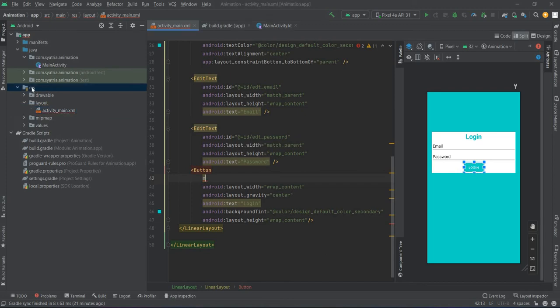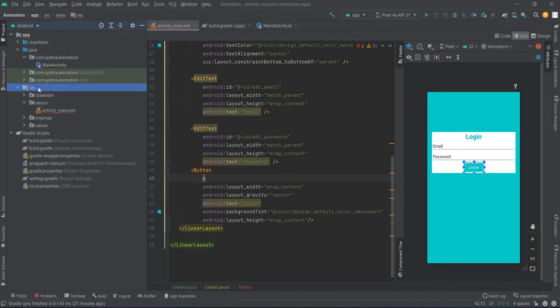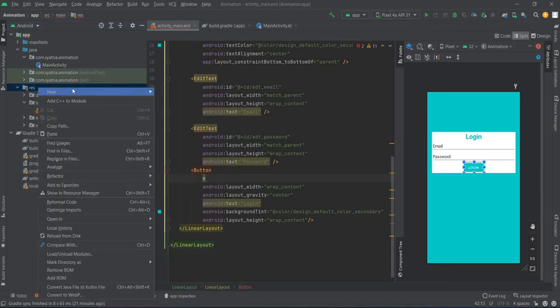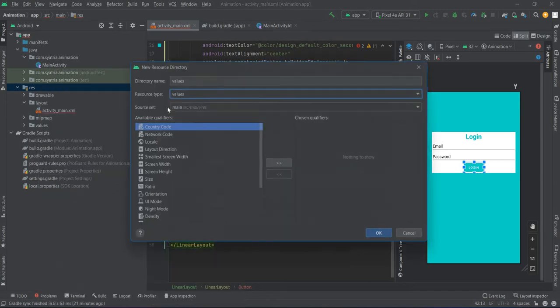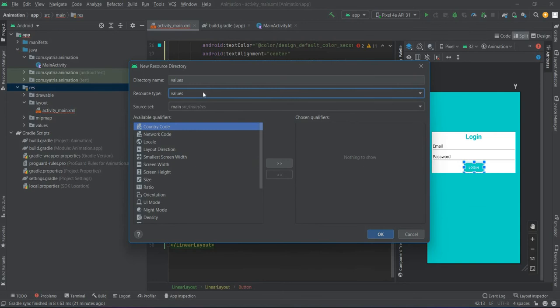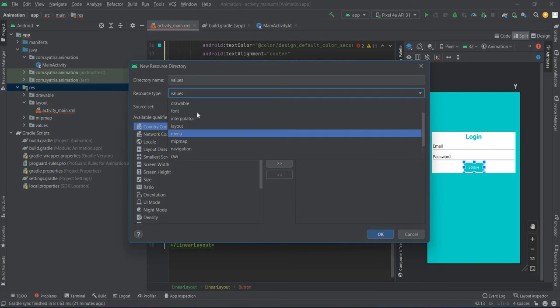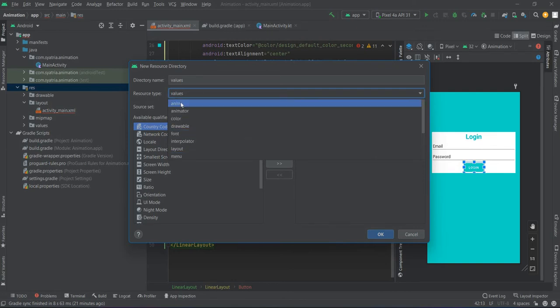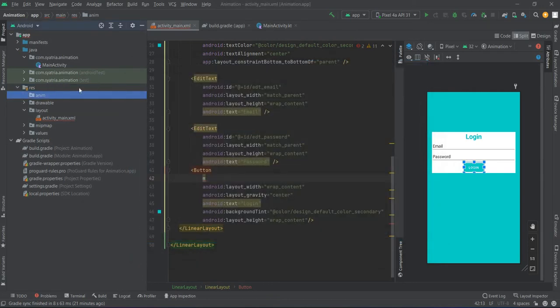Okay, after that we have to give a new file. We can right click on the res folder. After that we hover over New, and then click on Android Resource Directory, and then we can change the resource type from values to anim. After that, we click OK, and then we go to the anim folder,